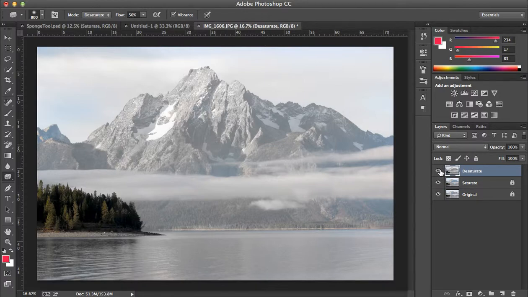And so you can turn that off, and you can see the saturate, and you can see the original, and compare that with the desaturate. And that's basically what the sponge tool does: it saturates and desaturates your images in such a way that allows you to have more control over the saturation, where you're wanting it specifically, and how you want it